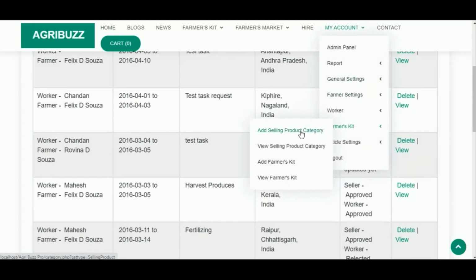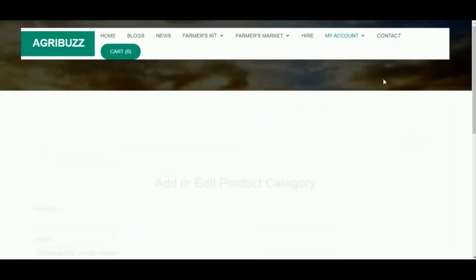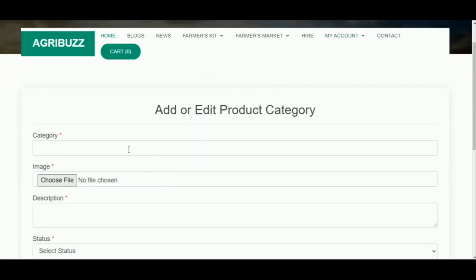In Farmers Kit, admin can add selling product category, that is the products they want to sell. These products can be purchased by both farmers and customers.